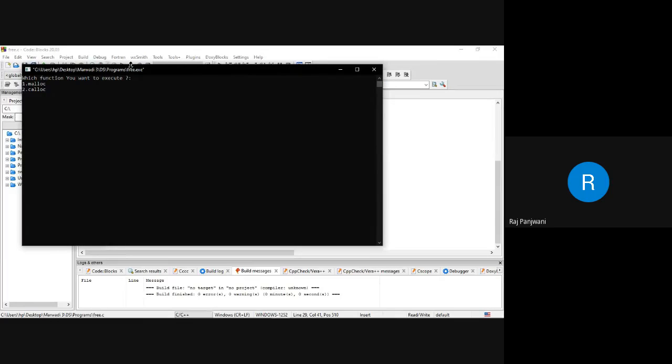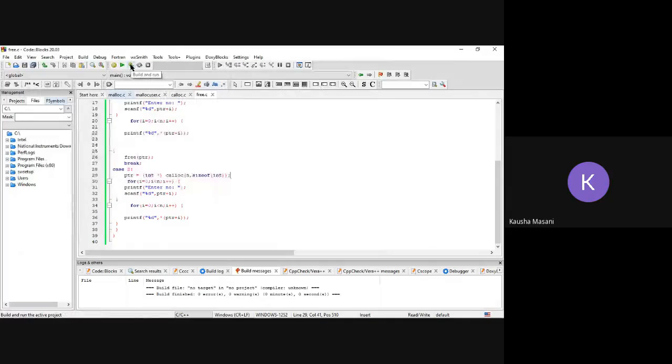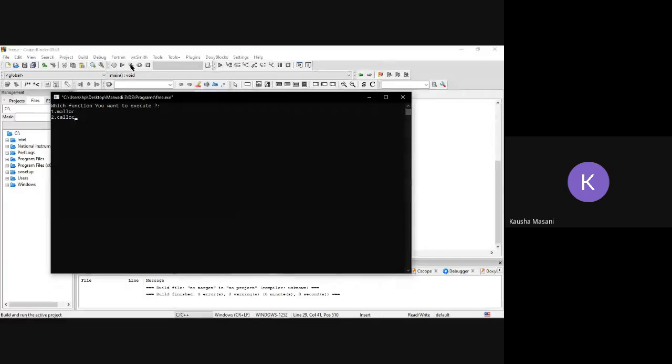Which number? Okay, 4. Yeah, because right now we have not given the print statements. See, you are executing the function.